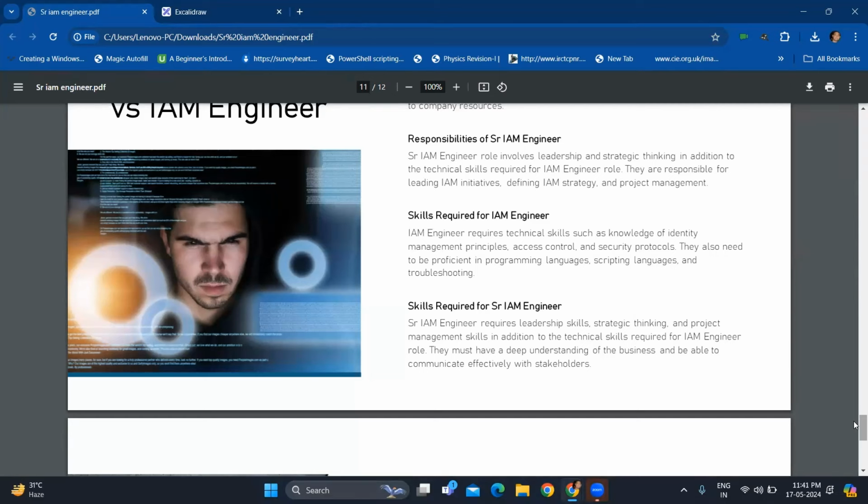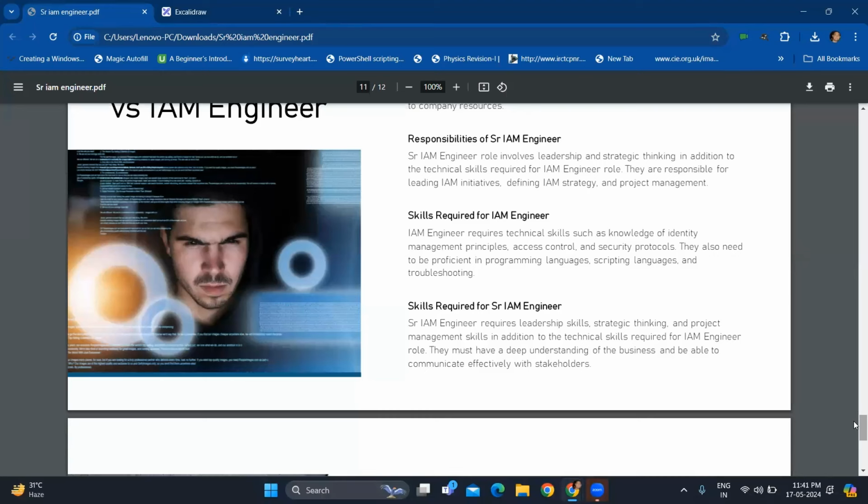Easily you'll be promoted to the role of lead or architect, those kinds of things. Because gradually you are upskilling yourself. And it does not mean that when you reach architect, these skills will be zero. This skill plus a little bit more is what is required to become an architect or to become a manager. A technical manager will definitely have all the skill set of a senior IAM engineer. Likewise, a senior IAM engineer will have all the skill set required of an IAM engineer. Then only they will upskill on top of it. Right?